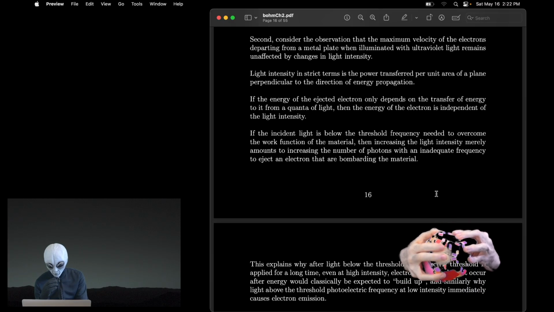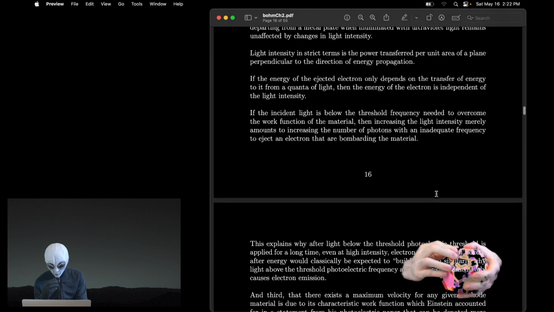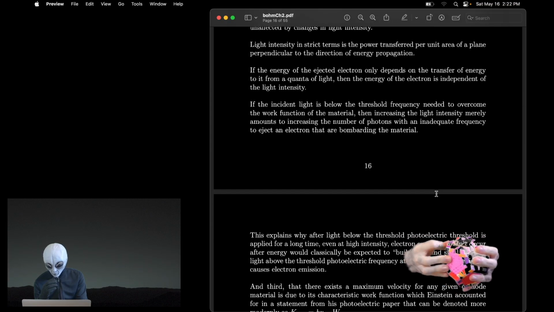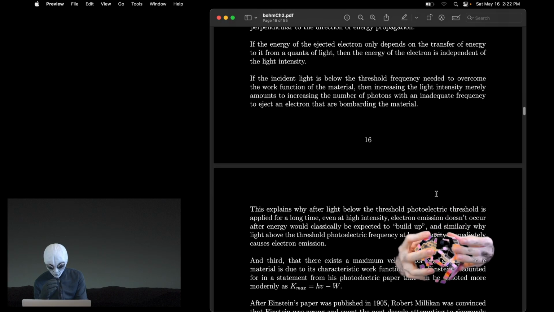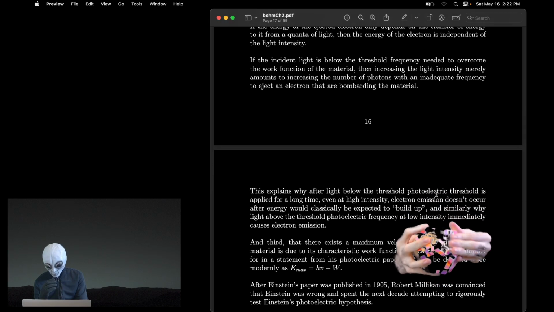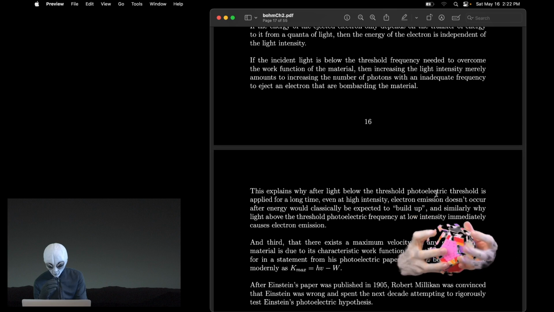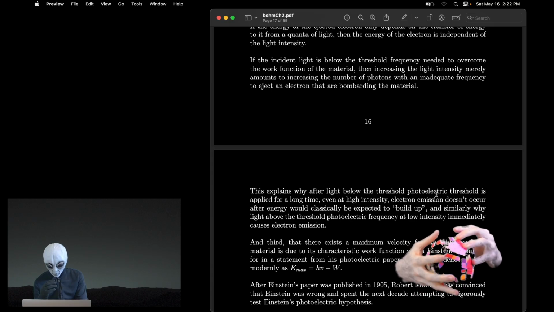Light intensity in strict terms is the power transferred per unit area of a plane perpendicular to the direction of energy propagation. If the energy of the ejected electron only depends on the transfer of energy to it from a quanta of light, then the energy of the electron is independent of the light intensity. If the incident light is below the threshold frequency needed to overcome the work function of the material, then increasing the light intensity merely amounts to increasing the number of photons with an inadequate frequency to eject an electron